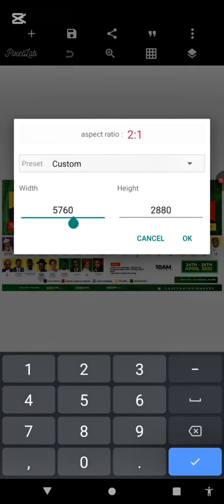So my width is 23,040. My height is 11,520. Now, in a normal sense, this is the size for 10 by 20. Do you understand? This is 10 by 20, in landscape. Now, if you want to make this design,